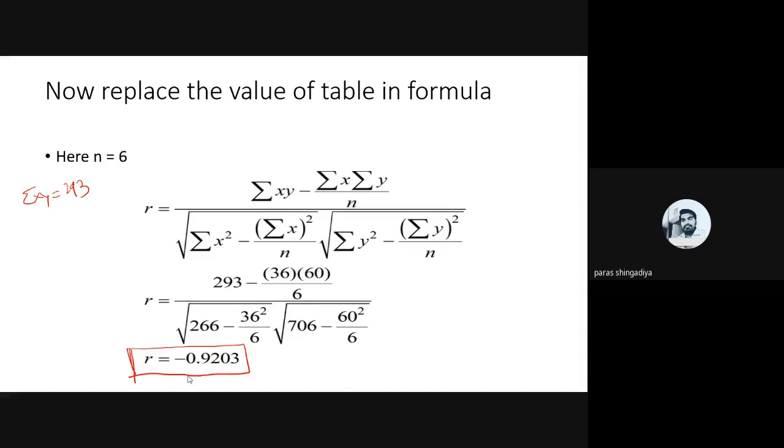Okay, so it is the correct answer: minus 0.9203. So what is the conclusion based on the answer? It is a strong negative correlation. It has a strong negative correlation between the data. Okay, it is strong negative correlation. And now in the next example,